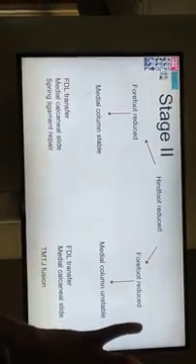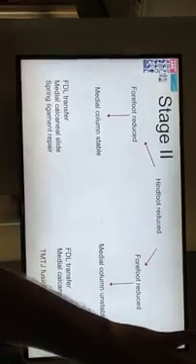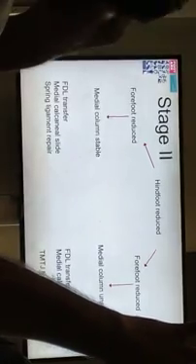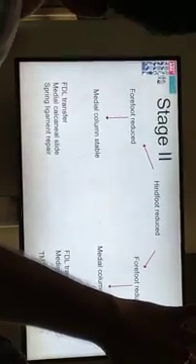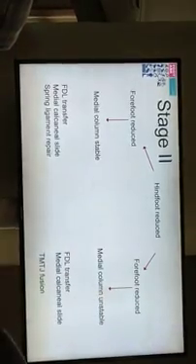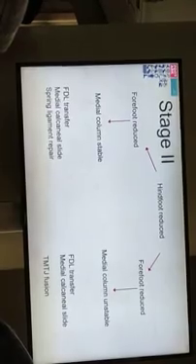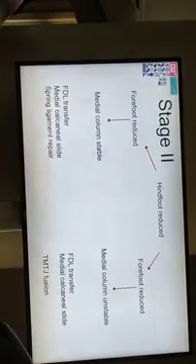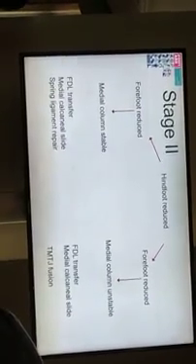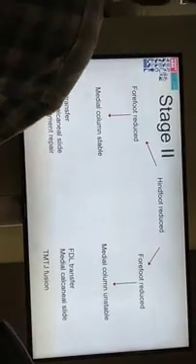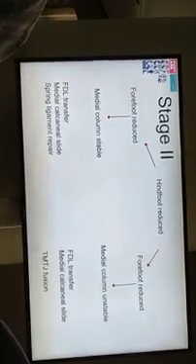You need to first check whether the hind foot is reduced or not. Stage 2, the hind foot is supple, it will be reduced. Along with that, whether the forefoot is abducted or the forefoot is normal. When the forefoot is reduced, the next question is whether the medial column is stable or unstable. If the hind foot is reduced, the forefoot is not abducted, and the medial column is stable, you need an